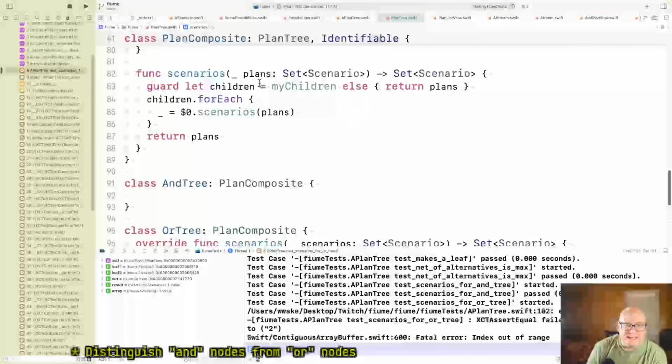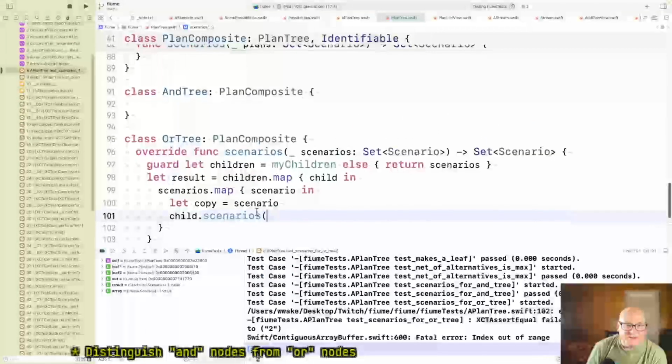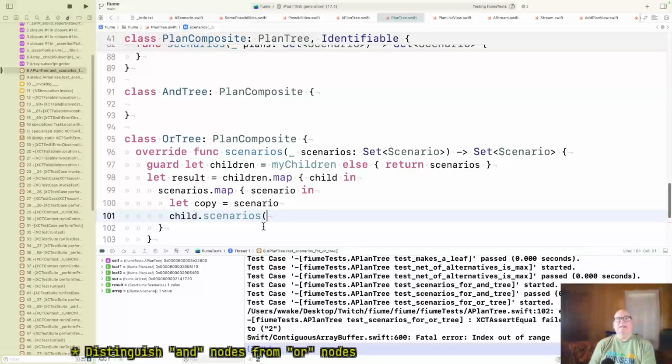For plans. Well, we can't just give it all the plans because, yeah, maybe it's actually multiple. This is why it's confusing.